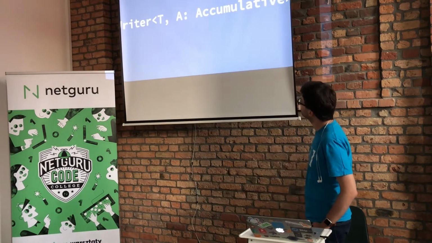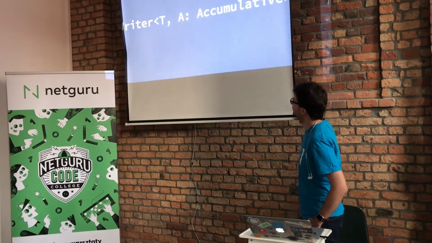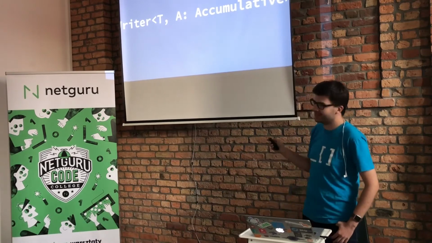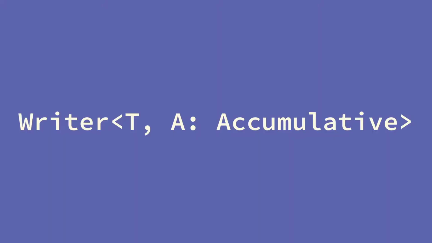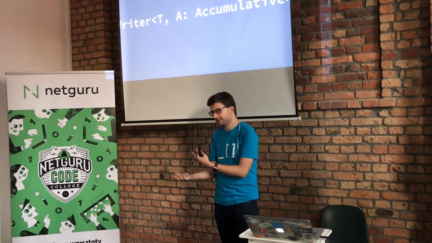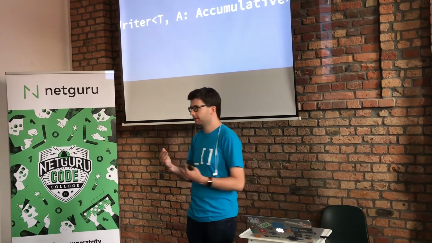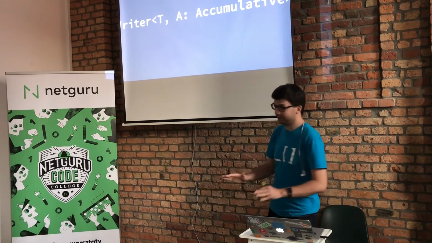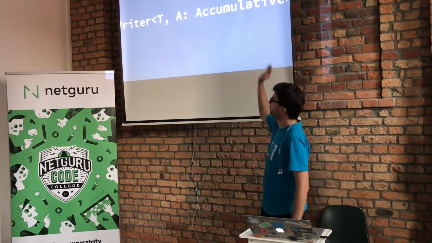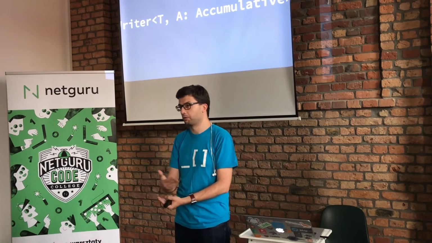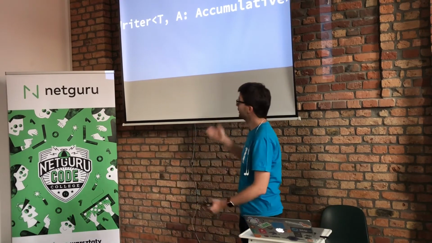Well, this is a little bit less used. So there is W here, okay? This is writer. The writer is just an idea that you want to express the situation when you are doing something with the value, changing it, transforming it, computing, whatever, and you might also want to store some side effect. The best well-known example, and the only one that I've been using it for, is to put the log here. Each time you're doing something with the value, you're also generating, for example, a string with a log of what's been done with the value. But you can do a lot of things here.